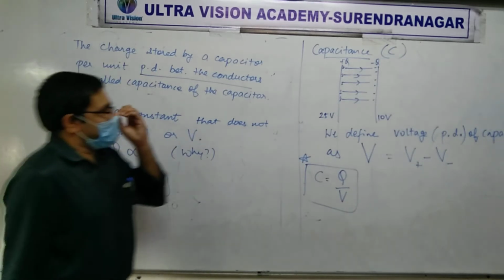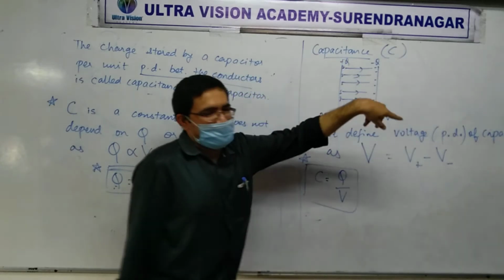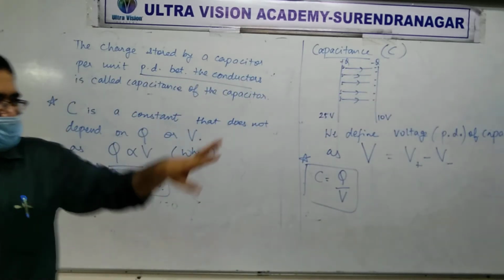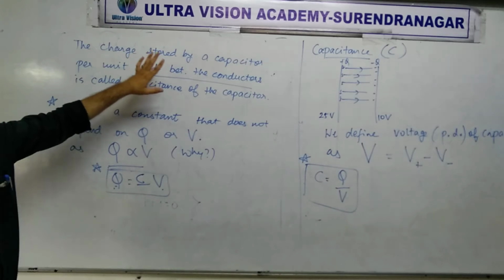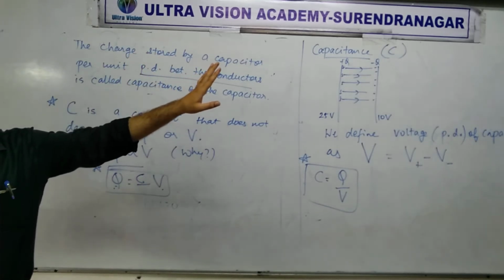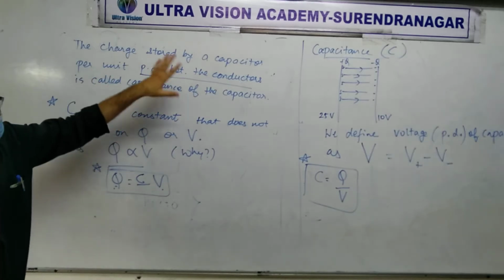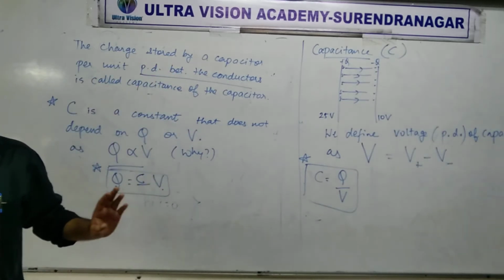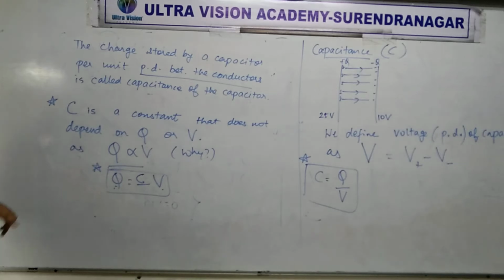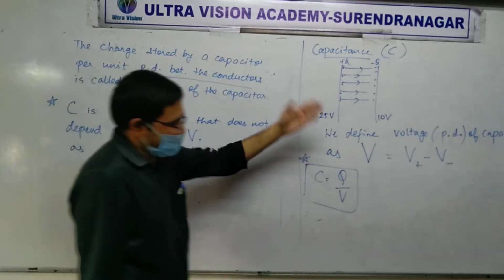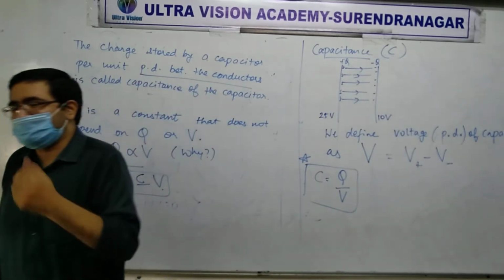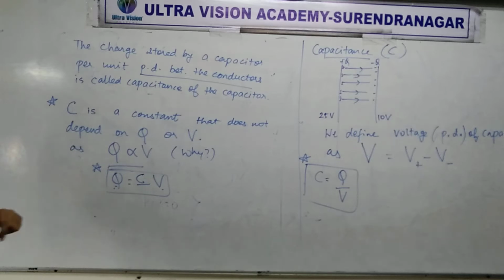Is it true only for this kind of flat plate capacitor? No. So far I have not taken the name of any shape anywhere. Look at the board. I only said shape, size, distance. We are just talking about some quantities. Is that clear? Okay, tell me the unit of capacitance. Again, capacitance is a scalar. Charge is a scalar, voltage is a scalar. Division of two scalars is always a scalar.